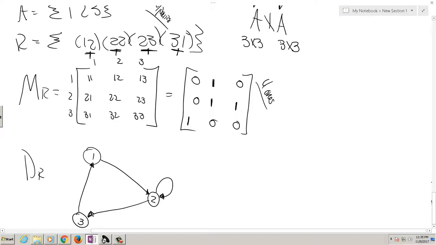If there are 4 pairs and 4 1s, there should be what? 4 pairs in the relation, 4 1s in the matrix, 4 arrows. Because the arrows represent ordered pairs, there had better be 4 of them. 1, 2, 3, 4, and there are 4. I'm not saying I have them in the right place, but I have 4 of them, so I'm on the right track. So I should be able to move between these 3 representations of a relation,